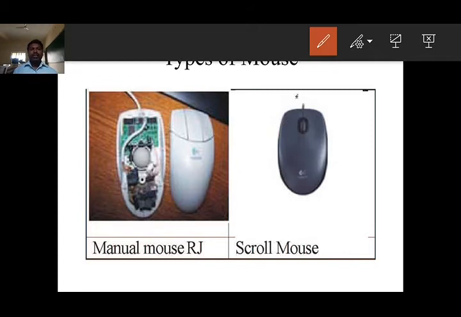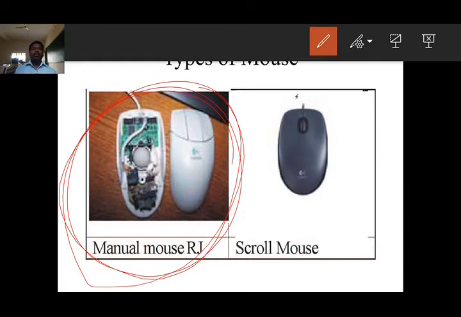For our knowledge, I am going to explain just what is what. What is manual mouse RJ in the sense? You can see this is the oldest mouse. You can see there are 3 buttons: left click, right click, center click. There are 3 buttons available. Generally, they will use only 2 buttons: left click and right click. Here there is a ball. You can see it in the middle. I am going to shade it here so that you can easily understand.